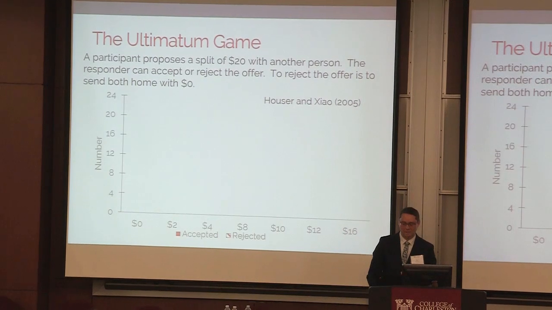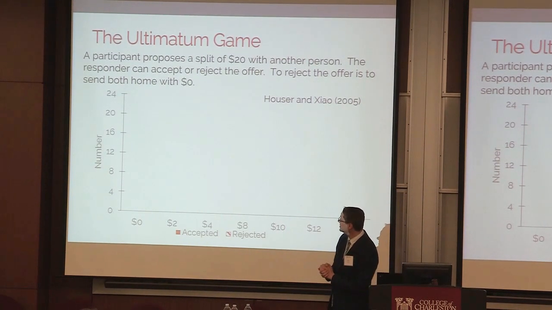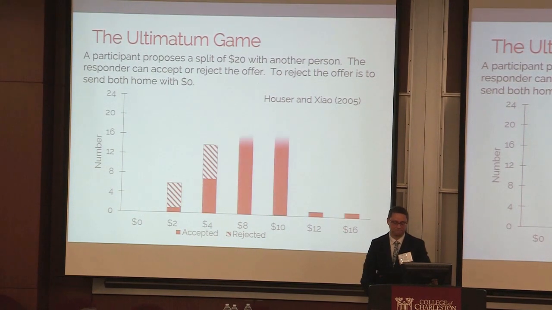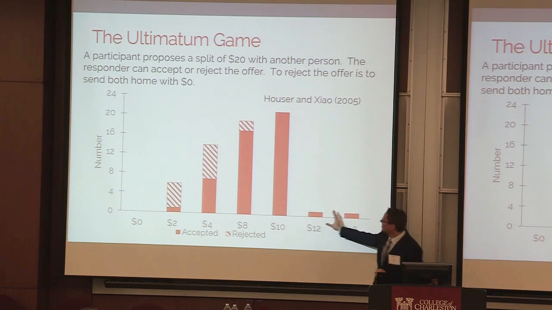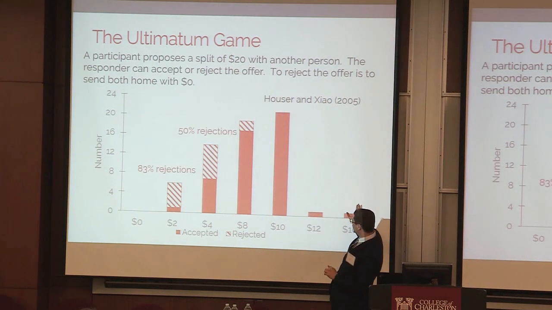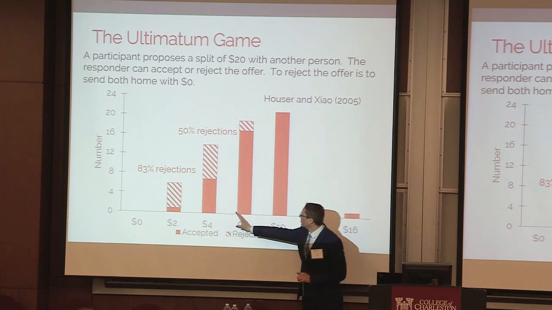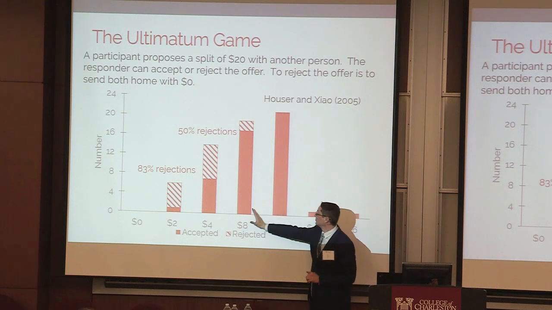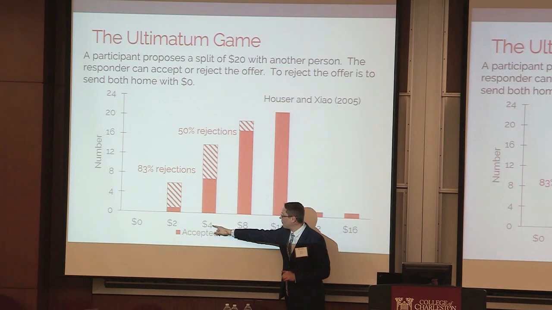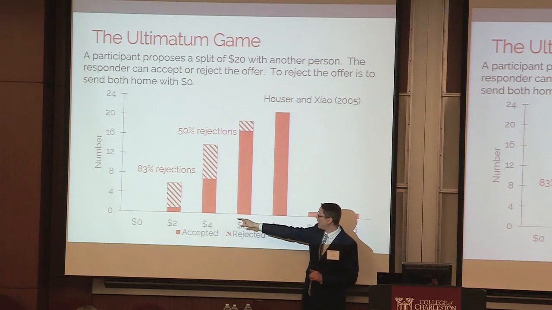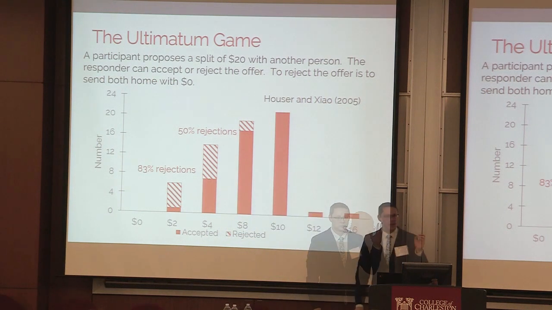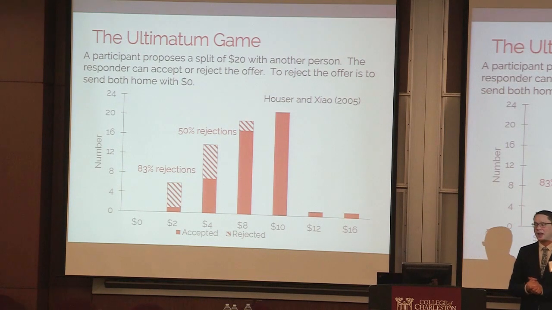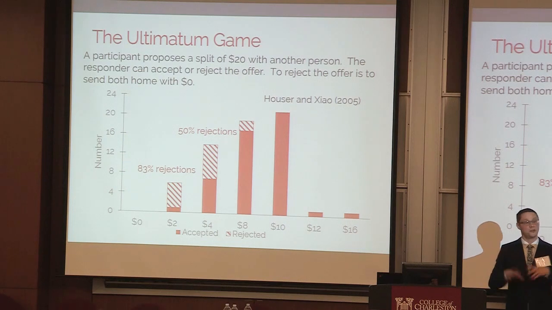So I want to use here, colleague Dan Houser at George Mason ran this. This paper is published in Proceedings of the National Academy of Sciences and used this as a baseline. For $20, they find that with 62 pairs, 80% of all the data lie over here. People are not giving them that. You start going down here for 20% of the pie and only giving them 10% of the pie, and the rejections start going way up. Think about how this is an odd game. You are recruited to come into the laboratory, you're going to do this one time, and you get told, sit at this table, you get to be the respondent.